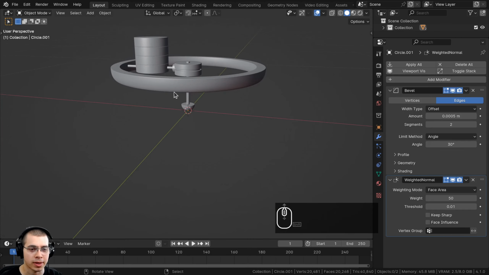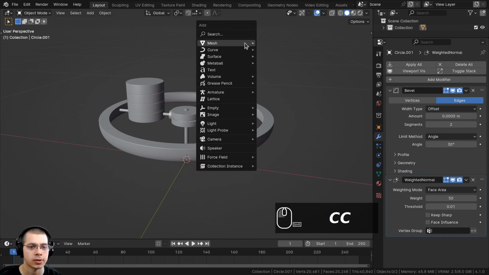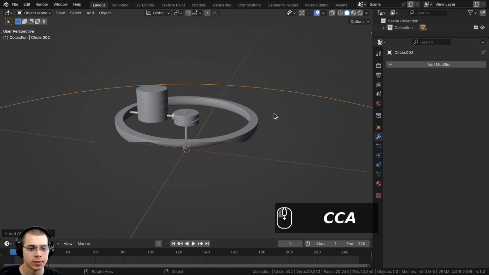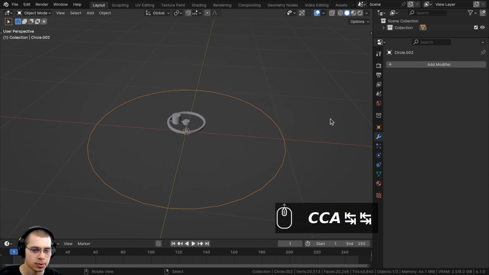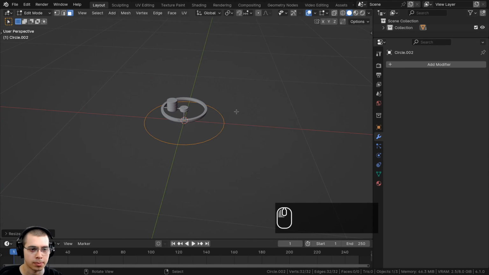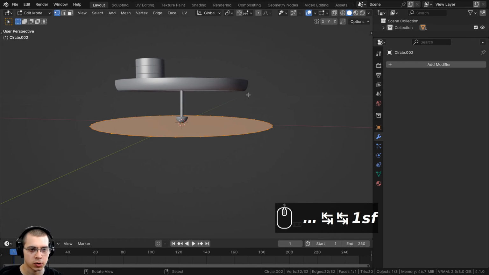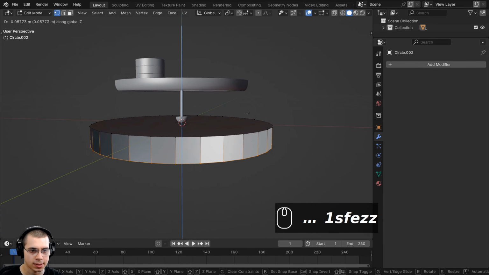So I now want to model that circular platform, which is going to rotate. So I'll press Shift C again to center the 3D cursor, and I'll go to the add menu and let's add a circle. And then I can go into edit mode. So hit Tab to go into edit mode, and I'll scale the entire thing down a bit so it's a much smaller size. And then I'll hit the F key to fill a face there, and then I can extrude the entire thing down on the Z-axis to make it thicker.